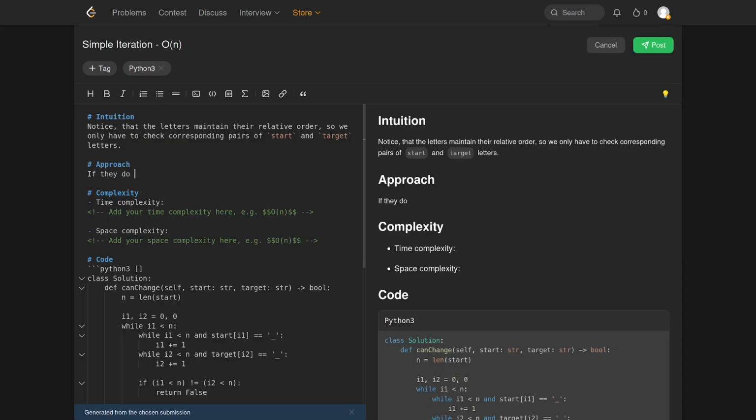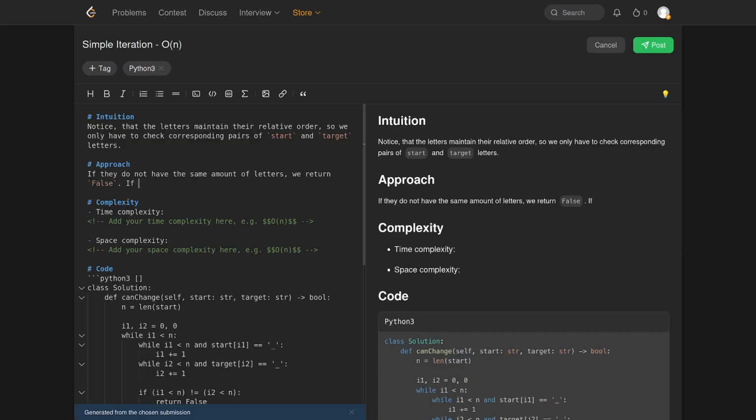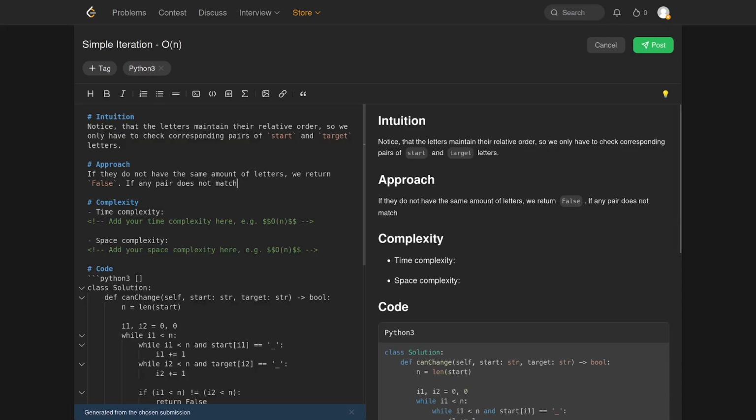If they do not have the same amount of letters, we return false. If any pair does not match,